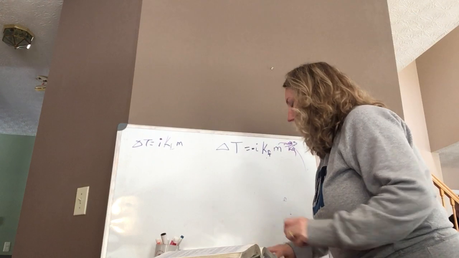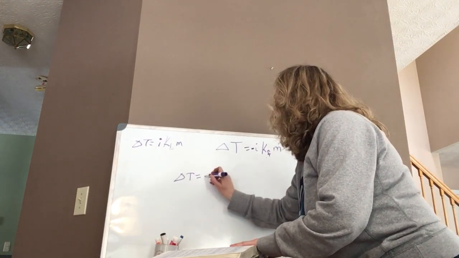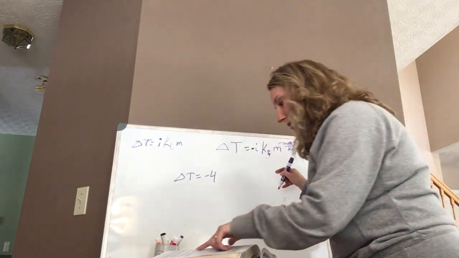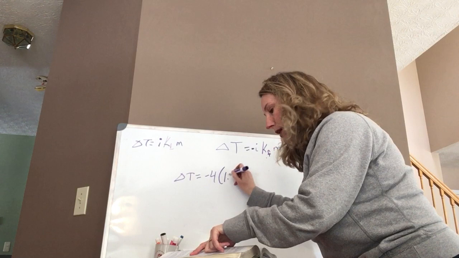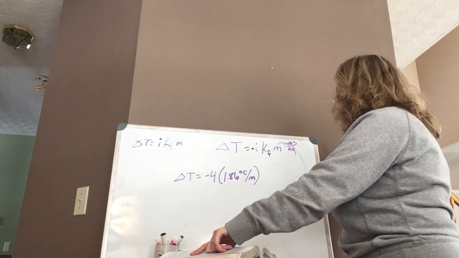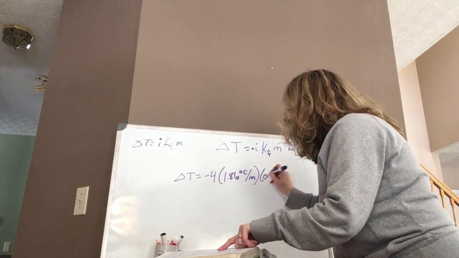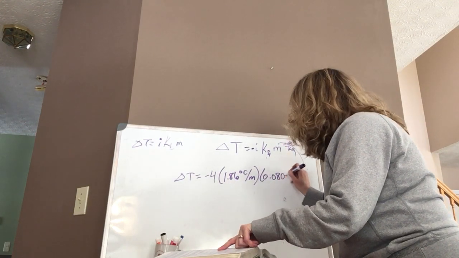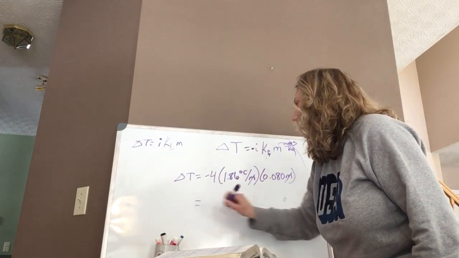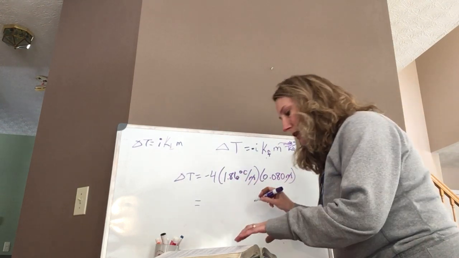So, we put it all together. Delta T is going to be 4, because it broke into 4 pieces, times the Kf that they gave me, 1.86 degrees C per m, and the m that I calculated but erased, which was 0.080 molar. My m cancels out, I'm left with delta T, so 4 times 1.86 times 0.080 is going to be